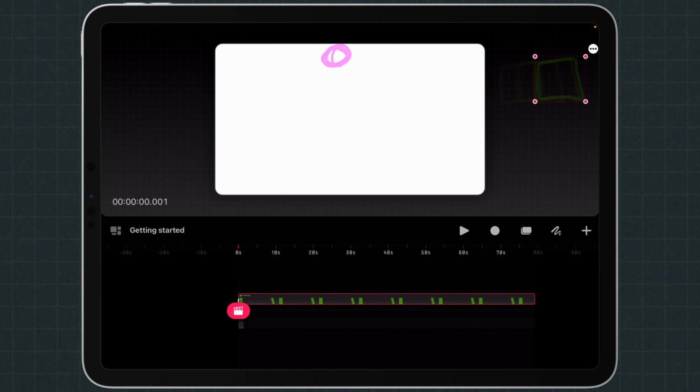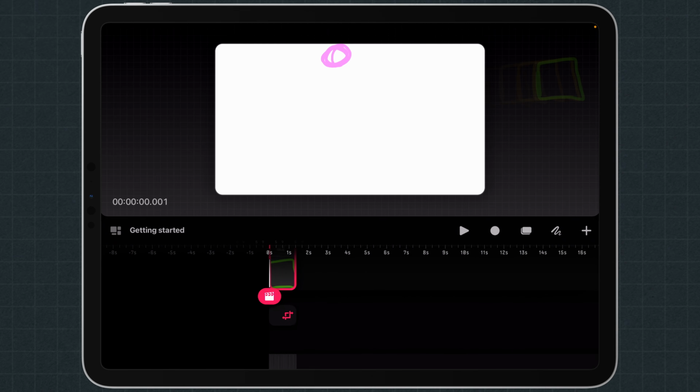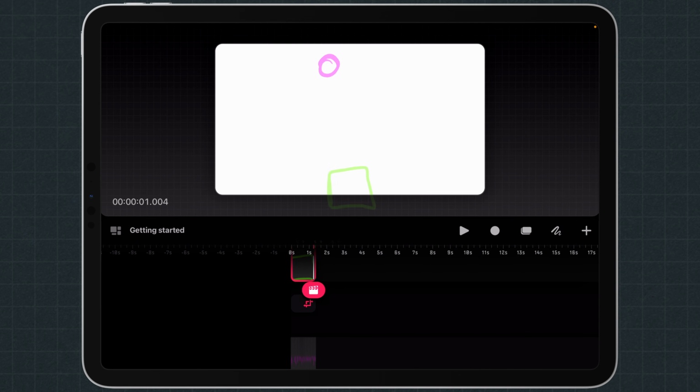So I'm just going to zoom out with my fingers here. I'm just pinching, it's pretty intuitive. I'm going to zoom all the way out here and I'm just going to grab the very end of this frame and I'm going to drag it down. And that's effectively editing that down. Now I'm going to zoom back in, so we're just seeing this part of the timeline, and let's see when this bounces out. Cool, so we've got that whole piece there.